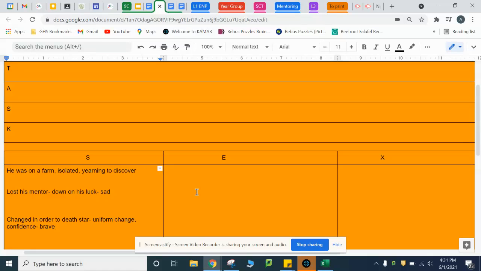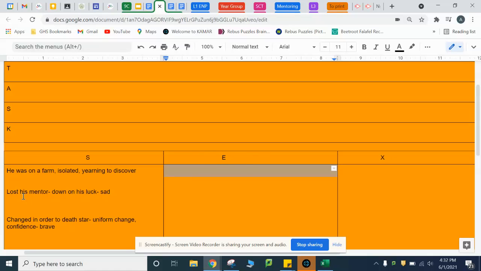So what I need to do now is get evidence of those for this second E here, which is our evidence. I'm going to get some evidence from the film about when he was isolated. I might use dialogue. I could describe a screenshot using film language. I might talk about something that I saw. I might describe a scene there, and that would be my evidence part of that.